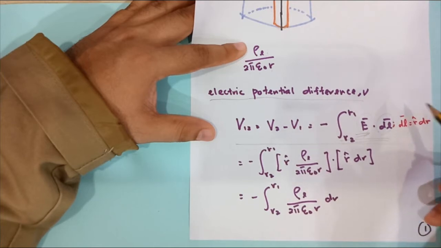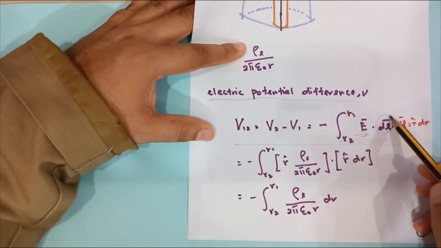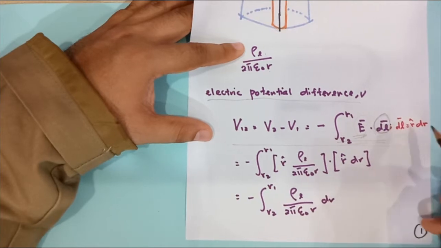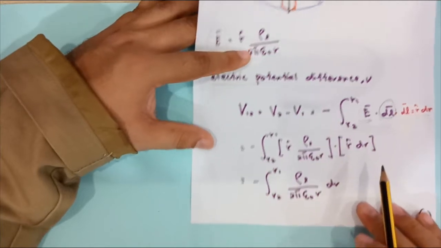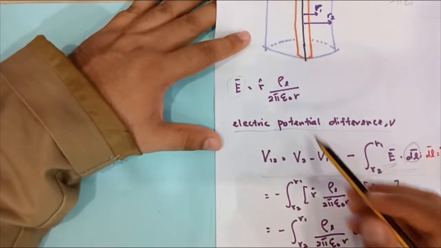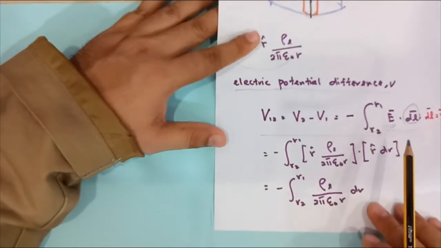Because we are using the cylindrical coordinate system, the expression that represents our dl is R cap dr. If we put all components inside this expression, then we will have